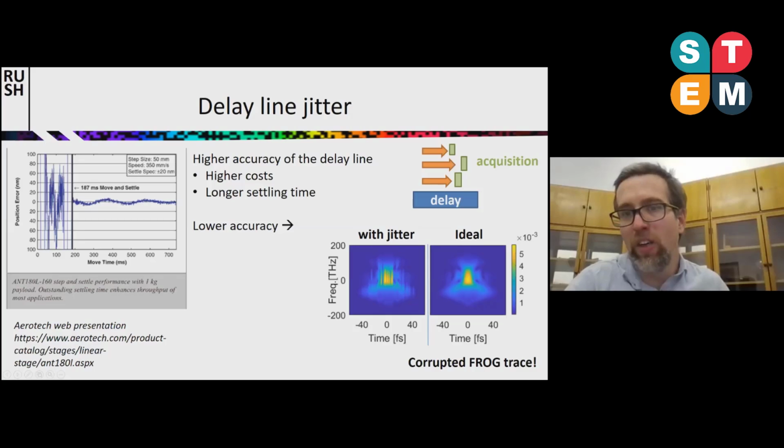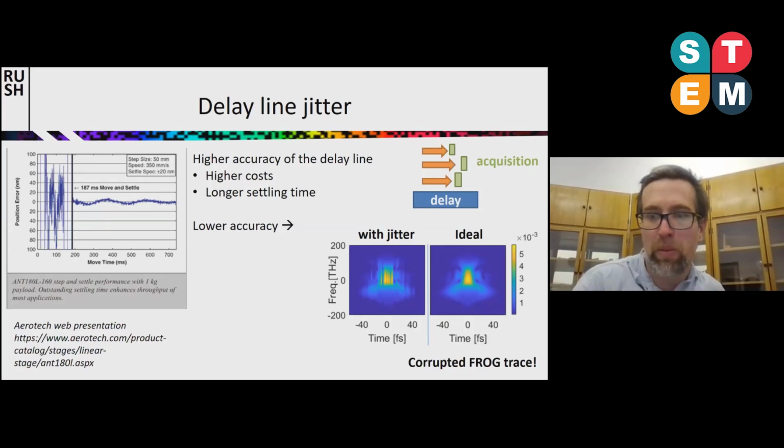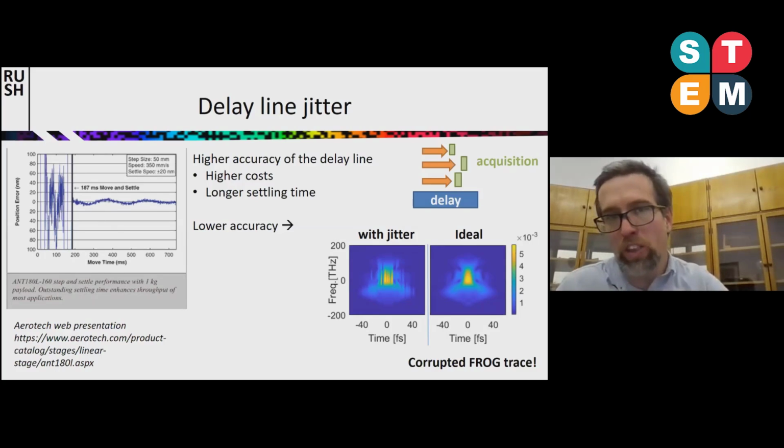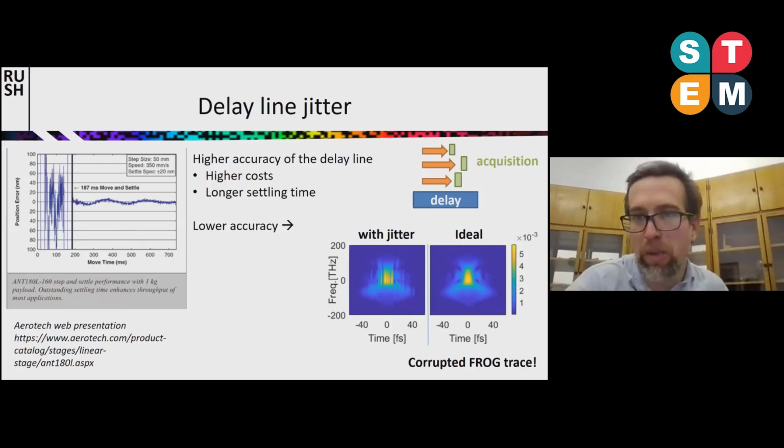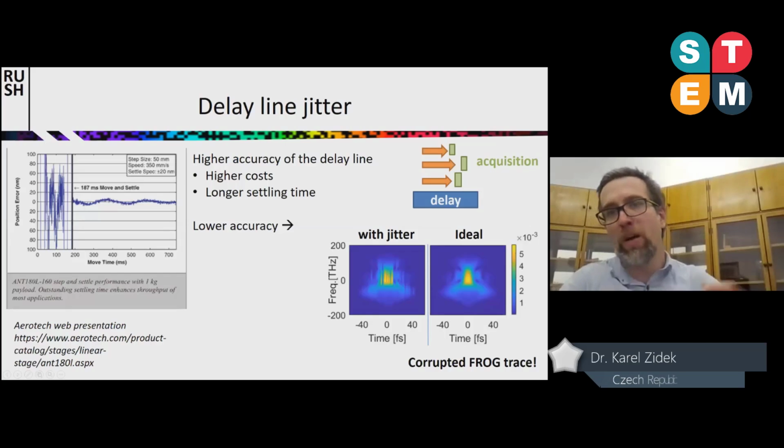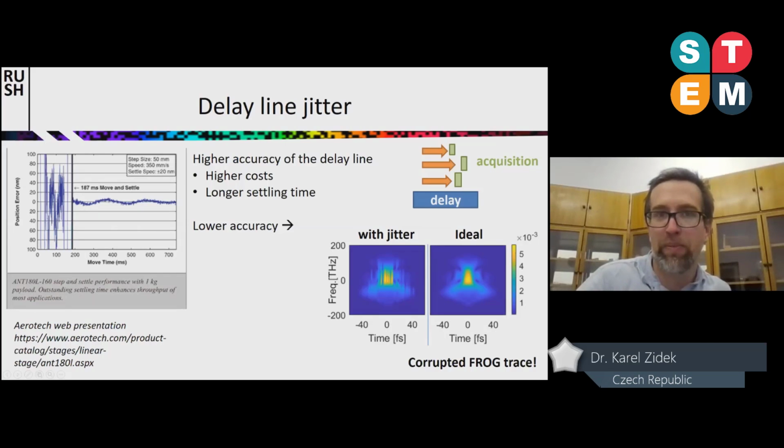And this is basically the only experimental information, together with the laser spectrum, which we use to reconstruct the pulse. So overall, the goal is to measure the pulse shape as fast as you can, because you want to make, for instance, many experiments with different pulses. But at the same time, you need to do it in a way that you can still reliably tell, okay, my pulse shape looks like this.